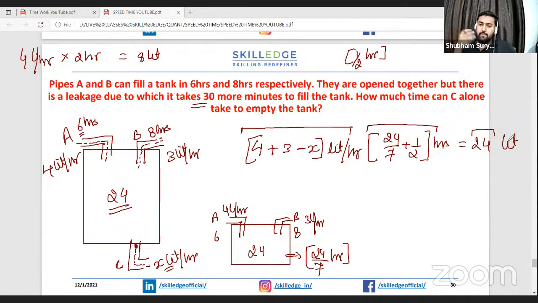ठीक है. Now from this you just have to figure out the value of x, guys. Okay, you can take some sort of LCM, है ना. I'll give you 1 minute to solve this question. ठीक है. सिर्फ सॉल्यूशन करना है आपको, है ना. अगर किसी को एक्सप्लेनेशन में डाउट हो तो you can just mention that thing in the chat box, guys. Okay. So A was filling, B was filling. Initially only A and B were there, so they can fill the tank in 24 by 7 hours. Okay. Now there's a hole C there which is emptying the tank. We have assumed that it is emptying at